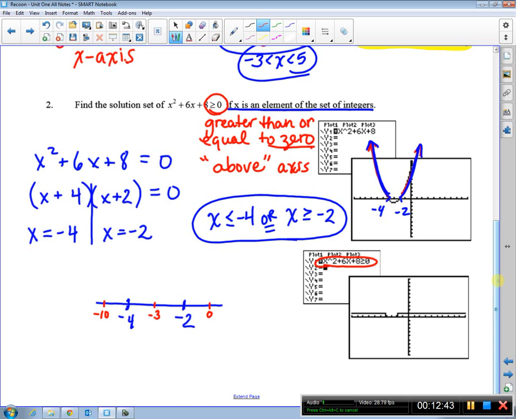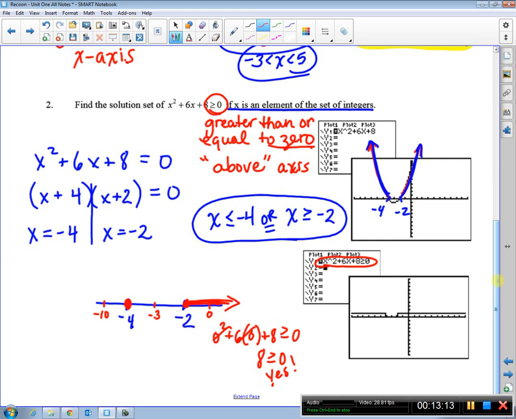So checking 0, back in the original, I'll show my work down here. 0 squared plus 6 times 0 plus 8 is greater than or equal to 0. So that's 0, that's 0, that's 8. 8 is greater than or equal to 0? Yes. So I'd actually shade in this section. And these equal to -2, and -4 as well. So I'm shading there. And that's kind of a big clue as to what's going to happen next, but never